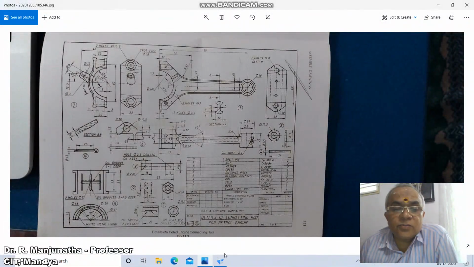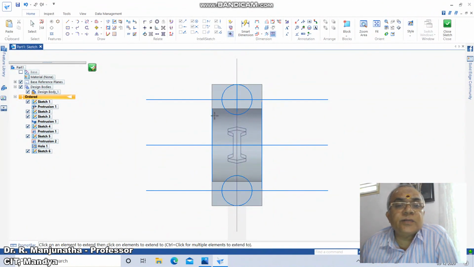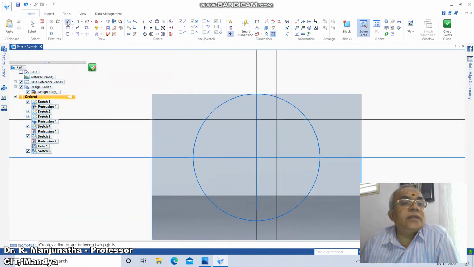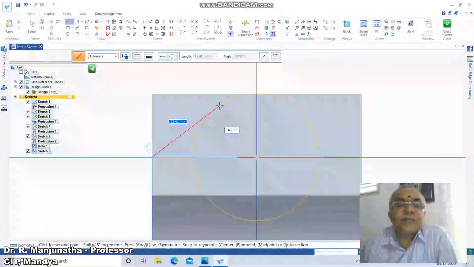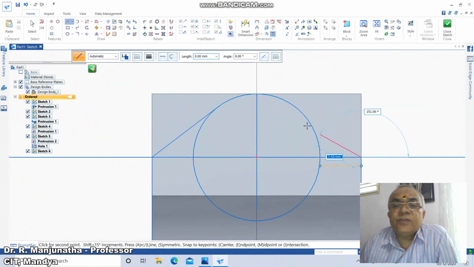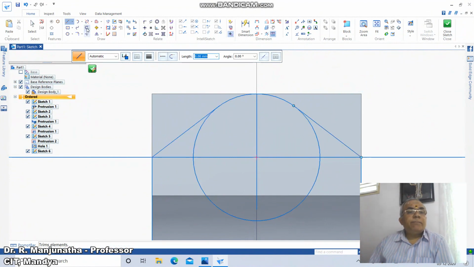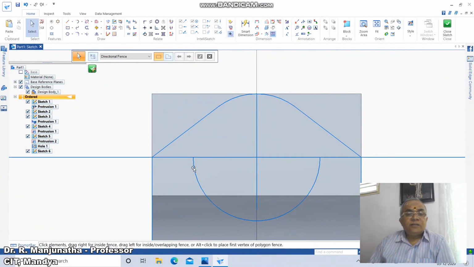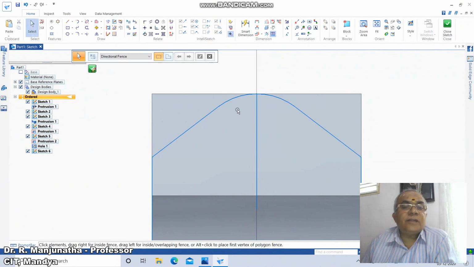Here you have to take it till this line. So go to extend, to next, you extend this line and you extend this line, then go to zoom area, then go to line, take end point of this and draw a tangent. Similarly end point of this and draw a tangent. Then go to trim this and trim this, then delete this line, okay, and similarly you delete this line, and